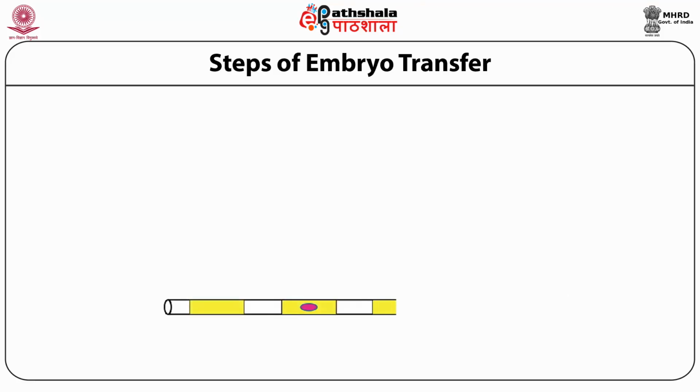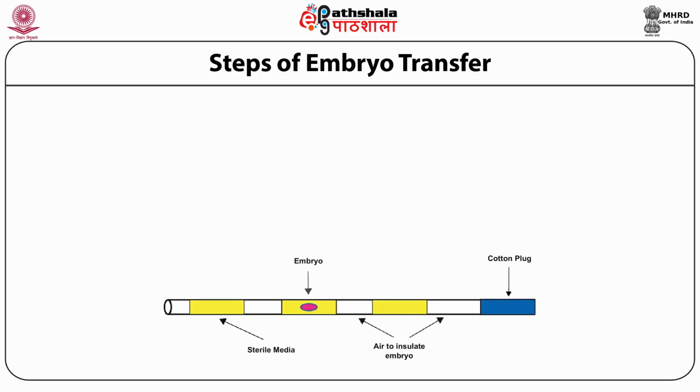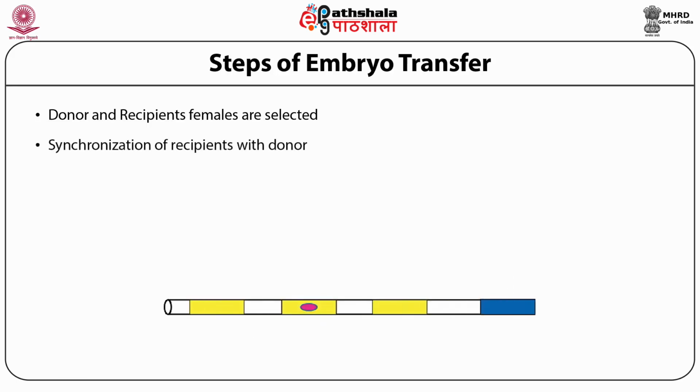So what steps can be followed during multiple ovulation embryo transfer? First, we need to select donor and recipient. The donor should be of high genetic makeup, whereas the recipient can be of inferior genetic makeup. There is need to synchronize the estrous cycle of donor with recipient, and then donor is injected with hormones to